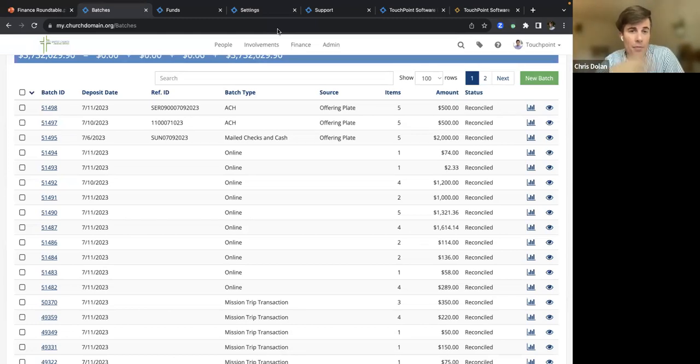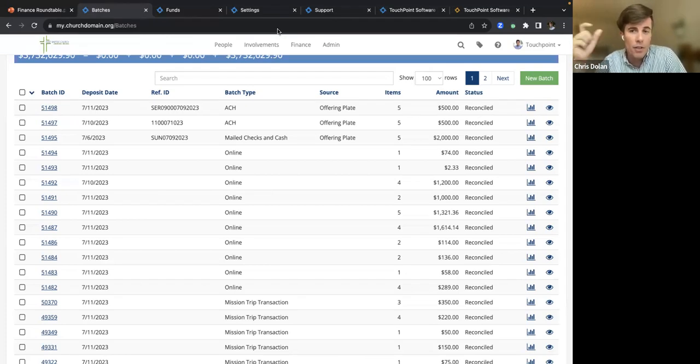The vast majority of our churches, I think 90% or so, have one payment gateway for all of their online giving and all of their online registrations. In that case, you will see 2 batches per day, but one will be for ACH and one for cards, debit and credit, because that is the way they are batched by the processors.